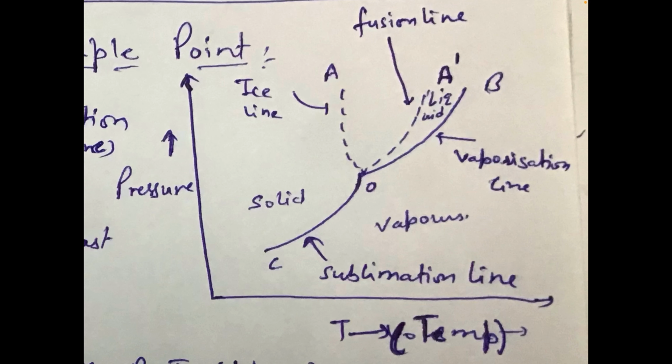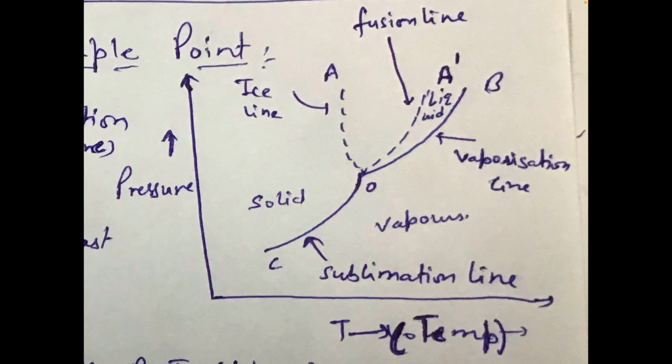In this diagram I have shown a solid curve OC, solid curve OB, and two dotted curves OA and OA dash. So now let us start from OA. OA is the ice line